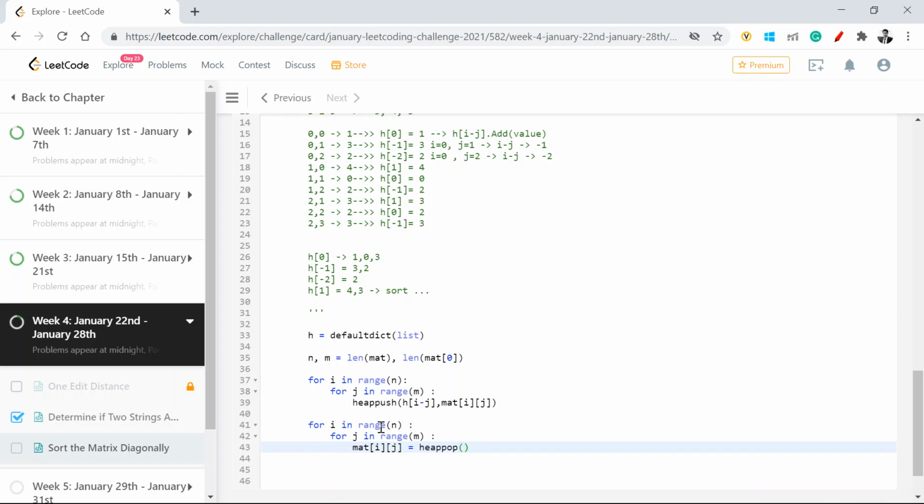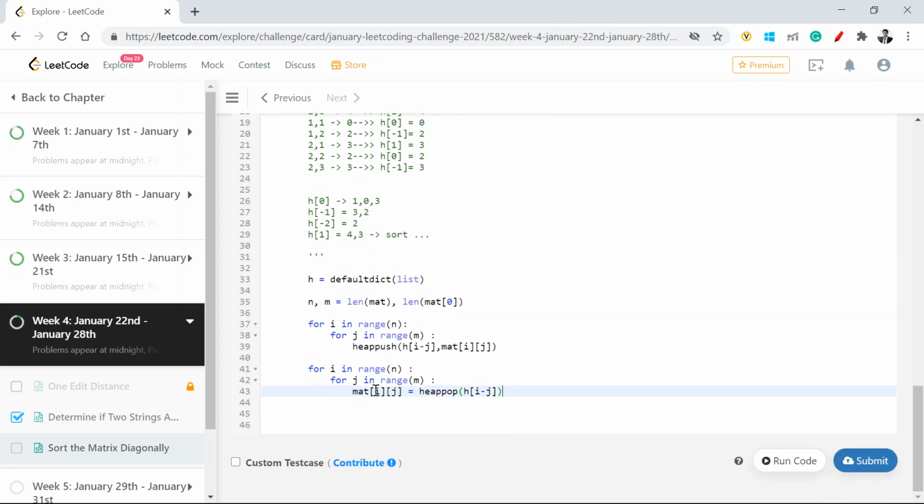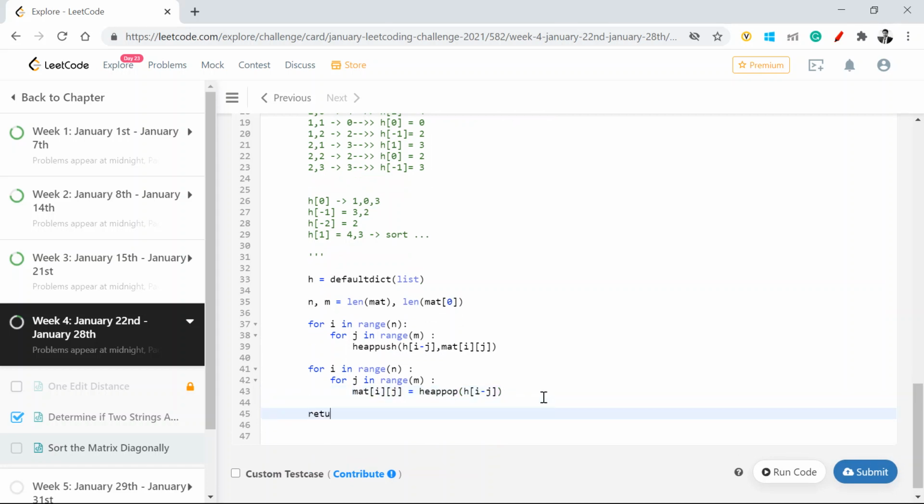What does heap pop do? For a given index, it will take the minimum value and pop it. This is the internal functionality of heap pop. Once this is done, the respective assignment will take place on the matrix, and I can simply return the matrix.